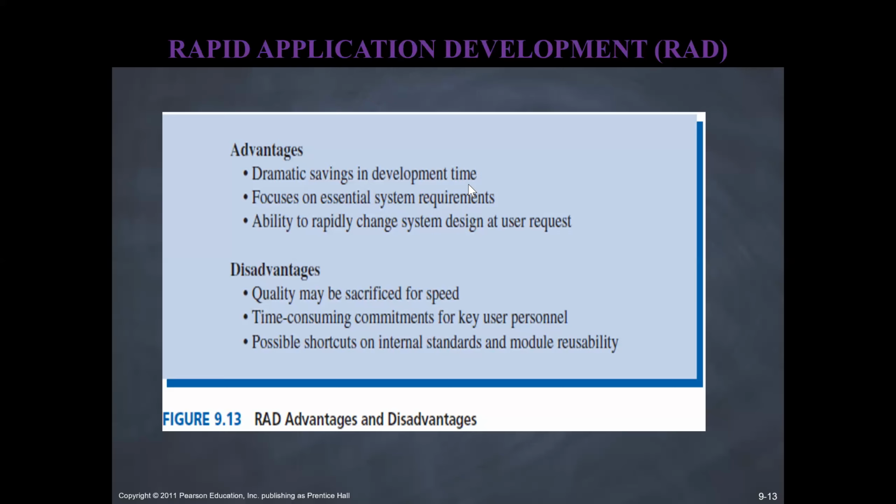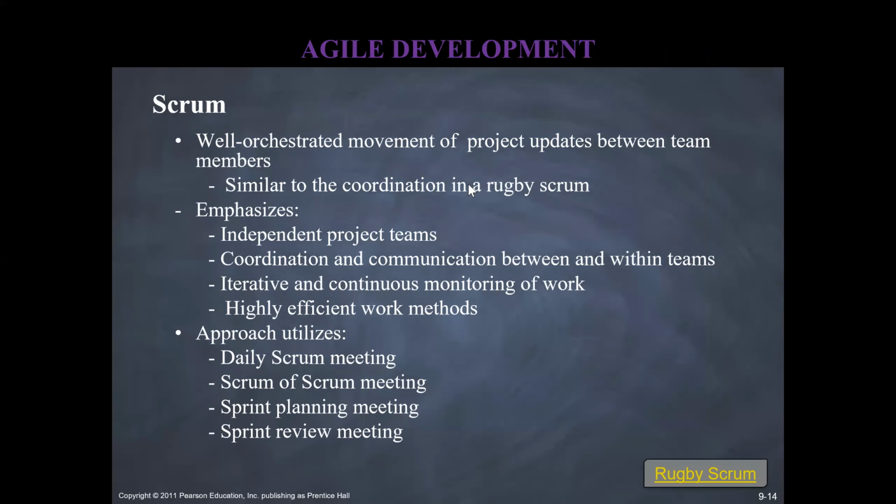And certain use cases warrant that kind of implementation, especially when systems are more complex and mission critical. They're often done the old fashioned way. You might have heard of agile development. We use Scrum-based, which is a well-orchestrated movement of team members that work together. It's kind of like a rugby game where there's independent teams. Then there's a lot of coordination and communication. It's iterative, highly iterative, highly self-sufficient, and efficient also,